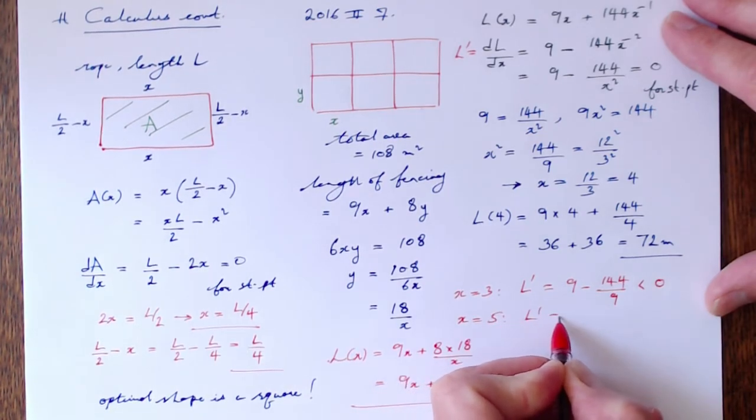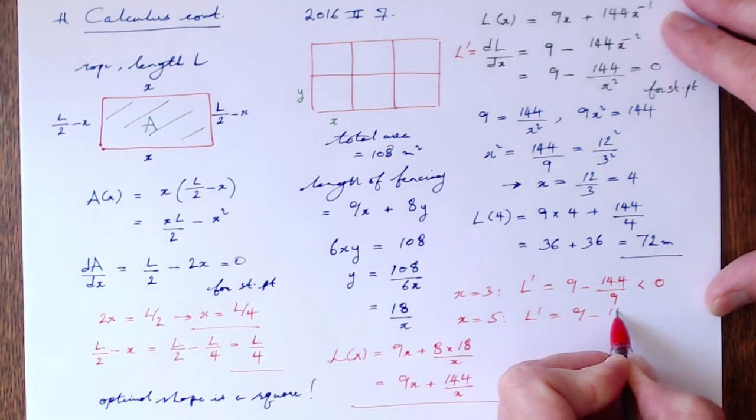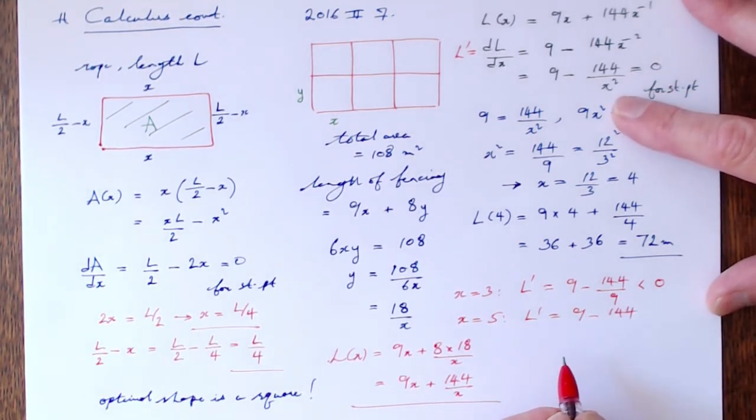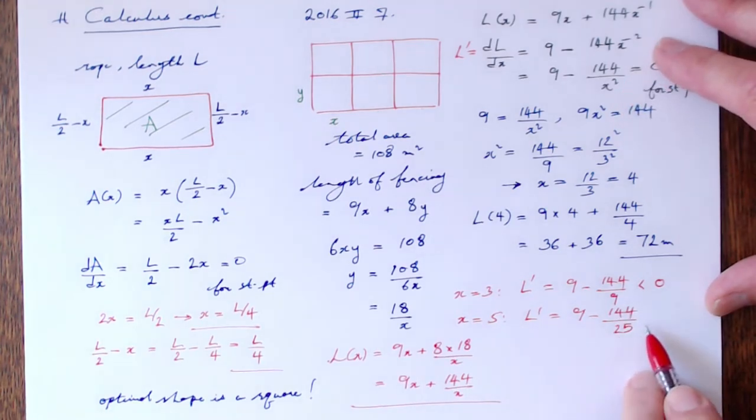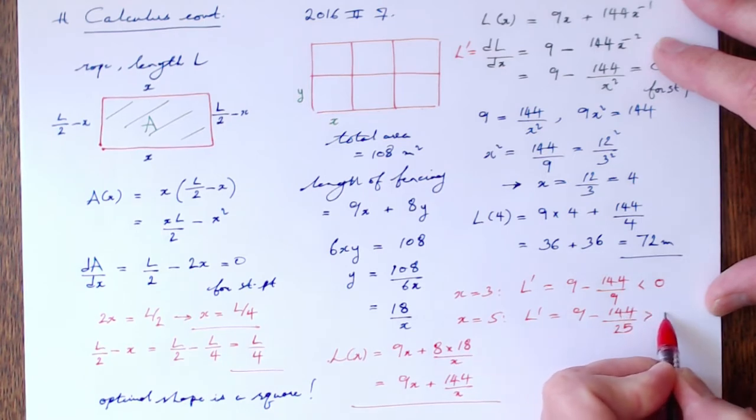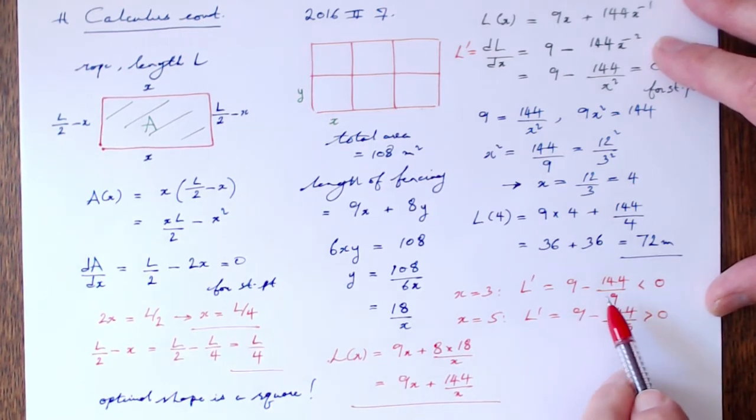I have that L primed is 9 minus 144 over x squared. 5 squared is 25. And then it's clear that this number here is less than 9, and so 9 minus this will be positive. Notice that I'm not worrying about evaluating these numbers because all we care about is the sign. It may be that an examiner would want you to write the particular value down, so you may as well do that using a calculator, but